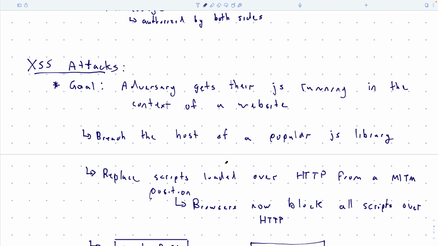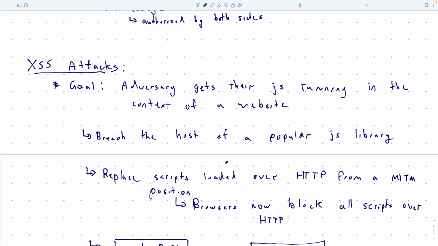And this worked through posts, so that post request that we talked about before. So I would type a message and then I would post it, and then it would store it on the guest book, and then other users who come to the website can look at the guest book as well, okay? Then what people started doing is they started putting JavaScript into the guest book, right? So they would sign a message, but it would actually have JavaScript contained in it, okay?